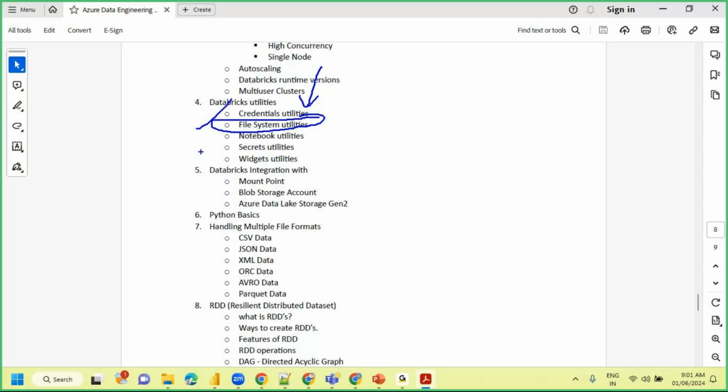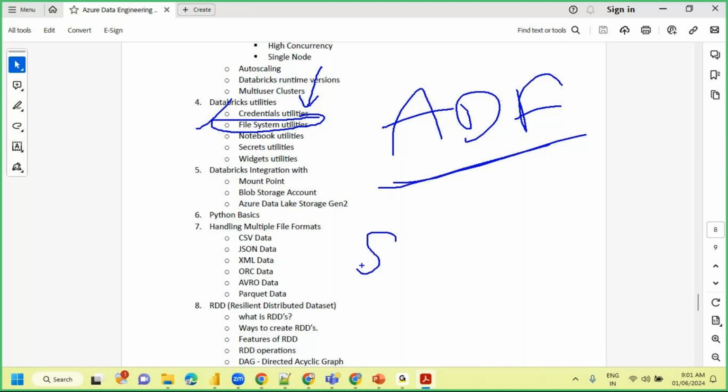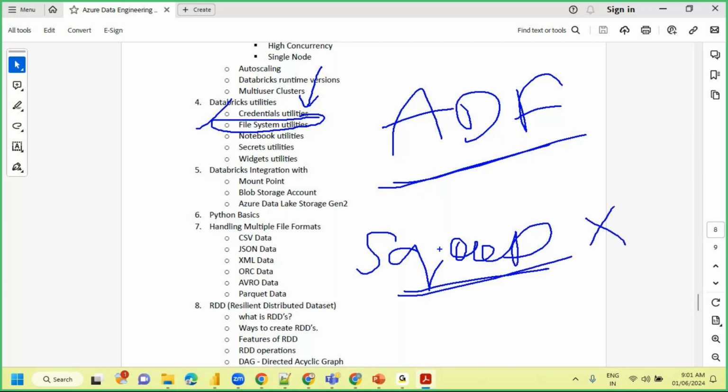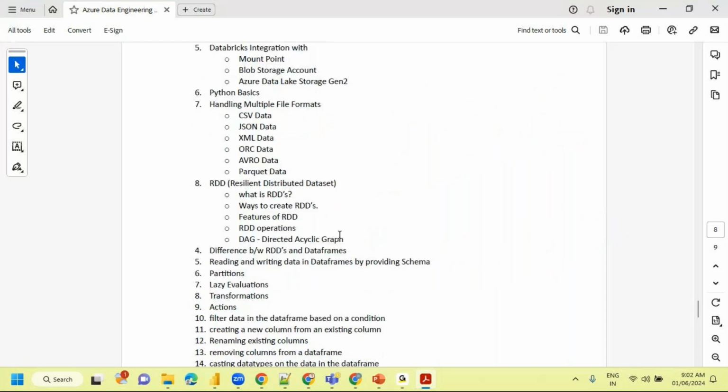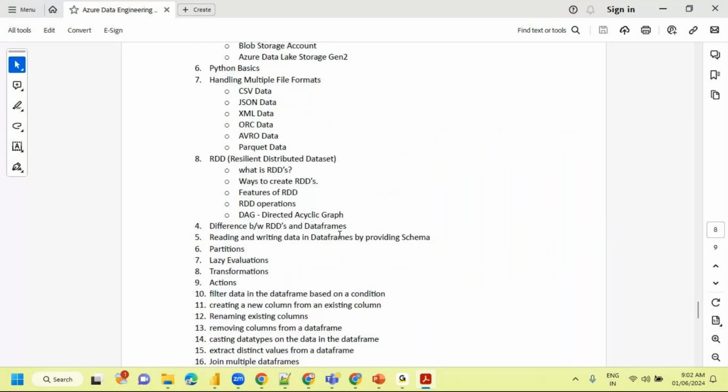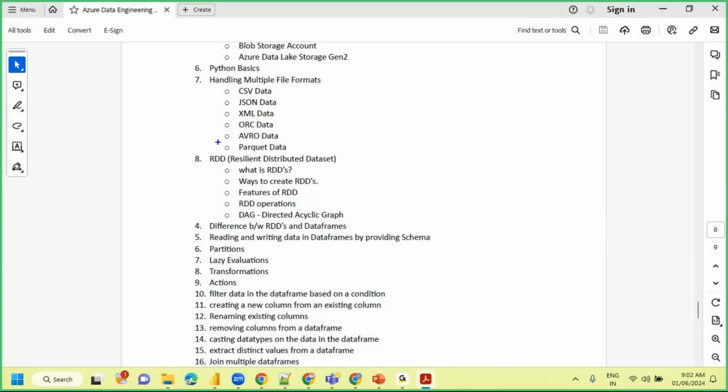You can do this, but the better approach is to use ADF if you have it. Some people may use Sqoop also to ingest the data, but it's out of the boundary for us because we have ADF. We can use ADF to ingest the data. And different kinds of data, how we can read, like CSV files, JSON files, Avro, but mostly we are always going to have the data.